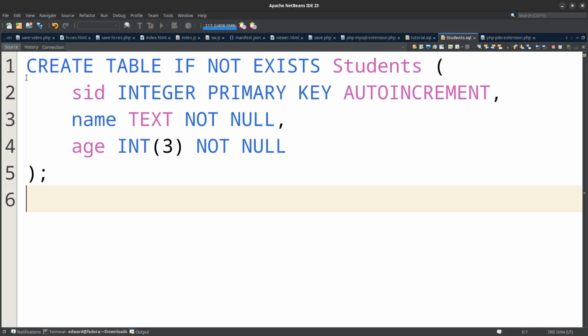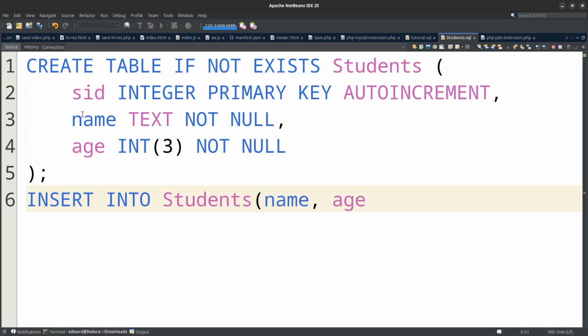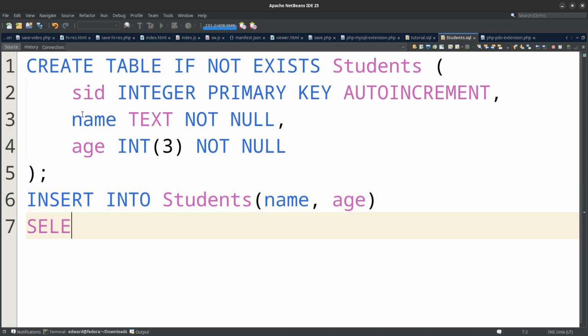Now you might say, hey, how come you're not creating a database? I'll show you how to create a database. It's different from MySQL. The other part, where we insert the data, is slightly different, but everything is still the same. So name, age, and we say select from,